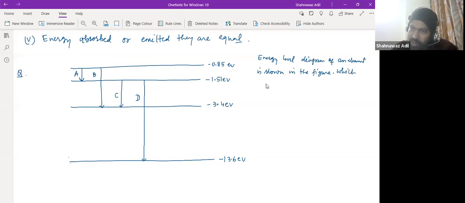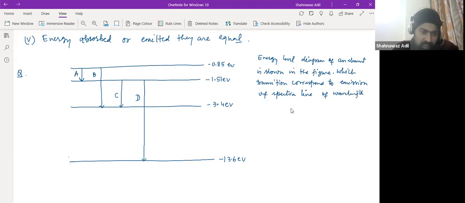Which transition corresponds to the emission of a spectral line of wavelength 10.7 nanometers, right? So we have